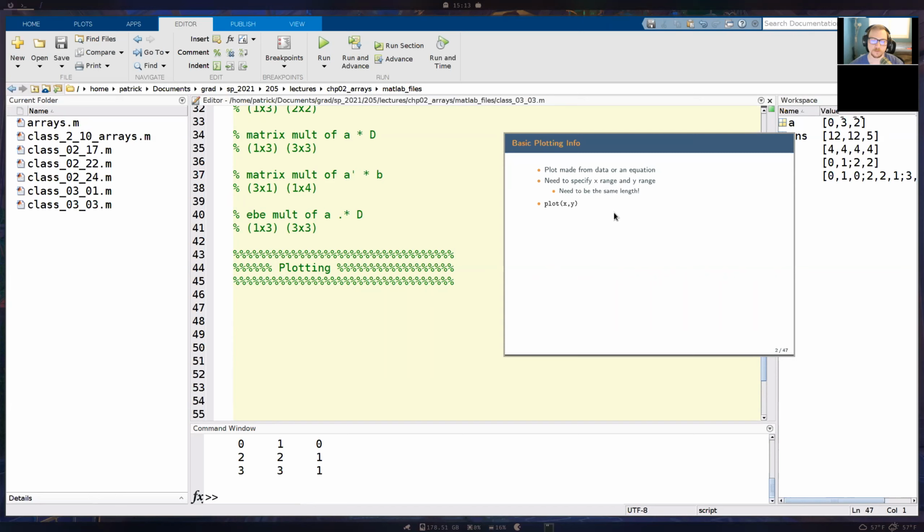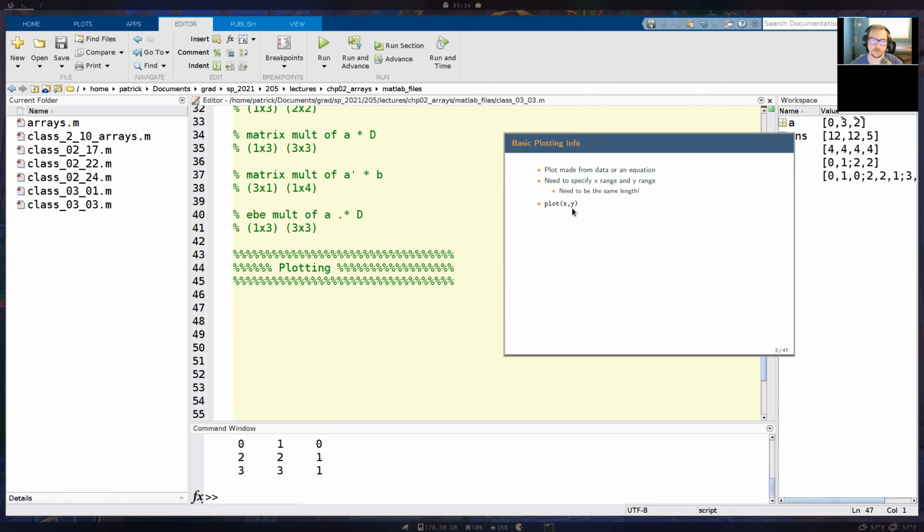Alright, so to make a 2D plot, we need to specify the x range and the y range. You can think of the x range as something like a time axis, and the y range is going to be the dependent variable that we're going to plot. So it might be position over time, one really basic example.